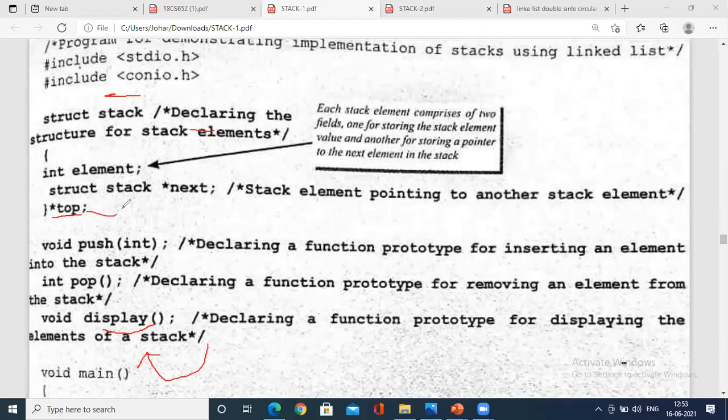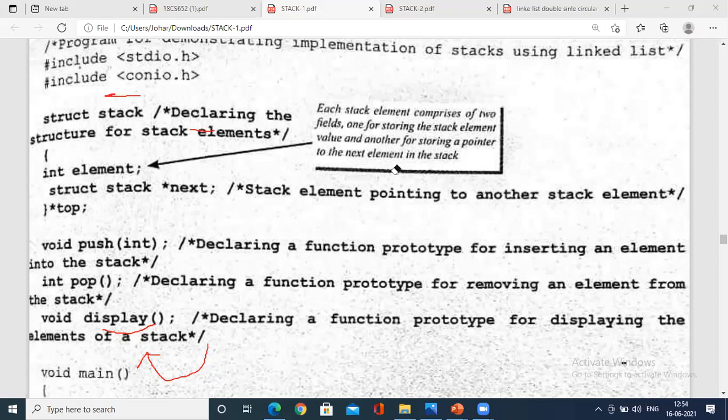What are those elements? One is this element that is to be copied to a stack as a value, and star top also consists of one pointer variable as a node. It is the same as a node. So this is the way we represent the pointer. See, a stack element pointing to another stack element. So next is a pointer that points to the address of another stack element. Ultimately top consists of two elements. It is a definition: top is a pointer variable that holds two things, one is the element, and one is the pointer to another element, right?